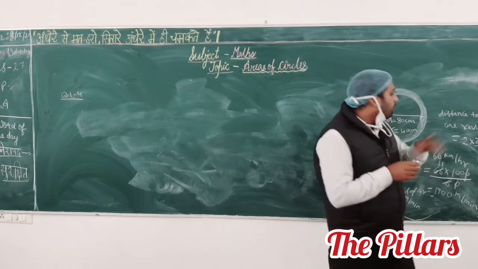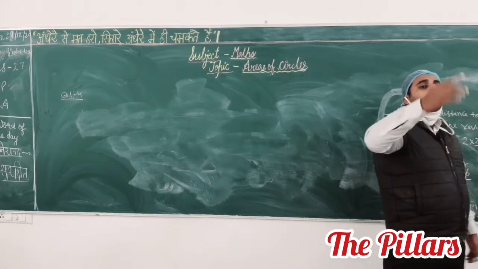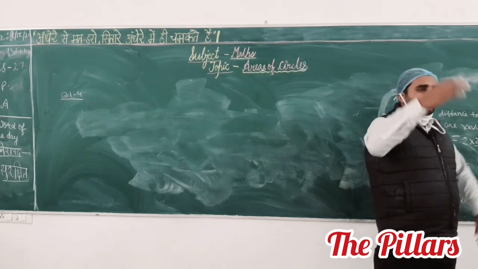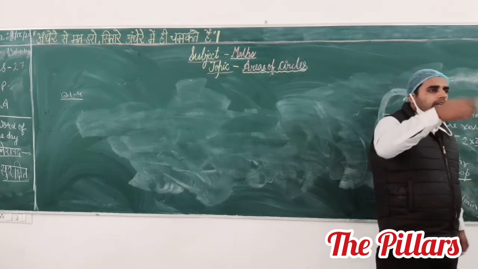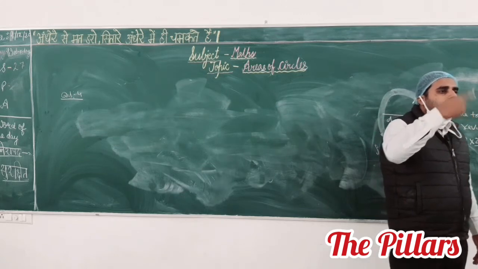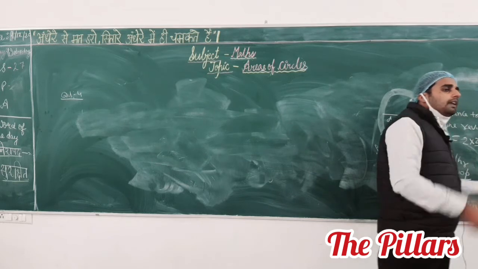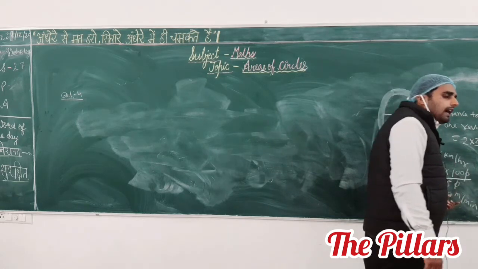You know that after that the question asks how many revolutions. Suppose you have a wheel. Whenever the car has to travel a distance, the wheel has to move, so we will have to take the revolution. The question says in how many revolutions the car will attain this distance.